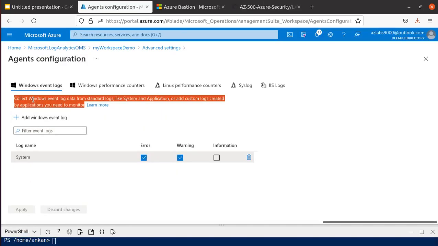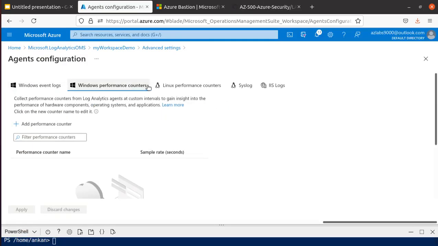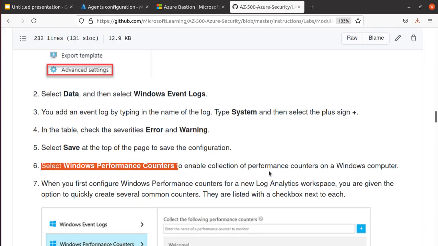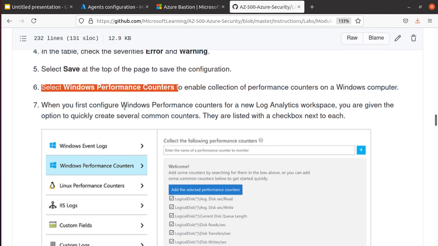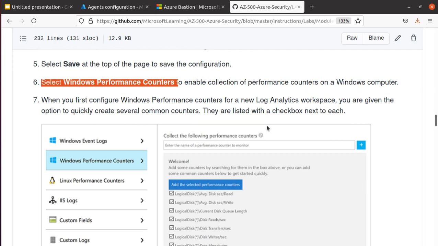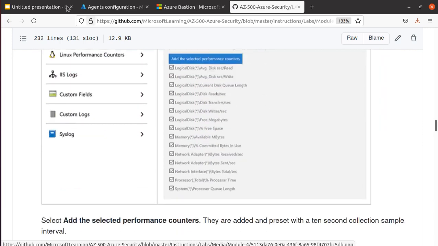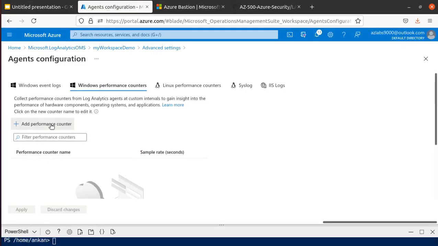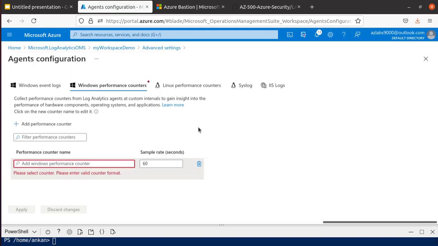If you come over here, so we are here in event logs, we can go to Windows performance counters. Let's see what we need to collect. In this one, when we first configure Windows performance counters for a new log analytics workspace, you are given the option to quickly create several common counters. They are listed with a checkbox next to each. So if you come over here, hit add performance counter, and you see the thing has changed. This time it did not really give me a group of things that I can quickly select and add. So I have to specify what I need to